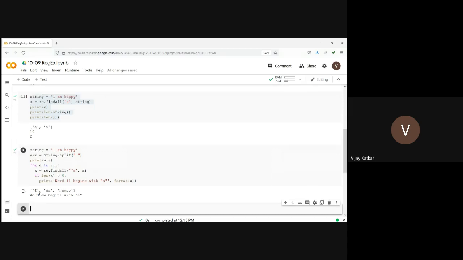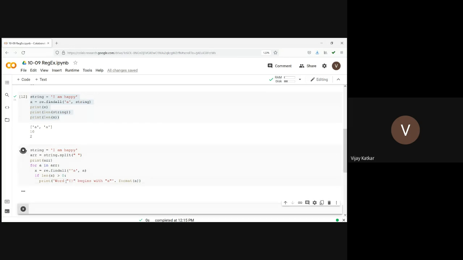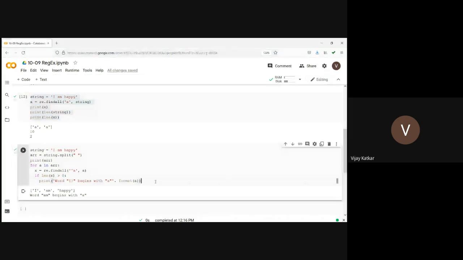So here word am begins with A. Here again I can go for double quotes. Word am begins with A, and other words are not beginning with A. So simple thing. I just want to identify in this string how many words are beginning with A. And I just want to check that it should begin with A, so I'm going for cap A.